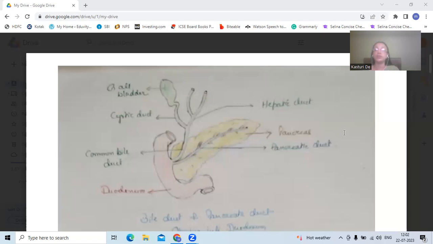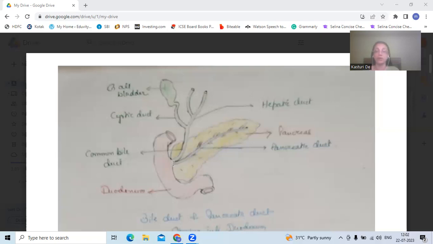Okay, in the last video, I told about the bile duct and the pancreatic duct. Okay? So this was the picture which we last ended, that this was the gallbladder, and the hepatic duct is coming from the liver. The duct which is coming from the gallbladder is the cystic duct. Both of them are joined together to form the common bile duct and entering into the duodenum. Through the same aperture, the pancreatic duct also enters into the duodenum